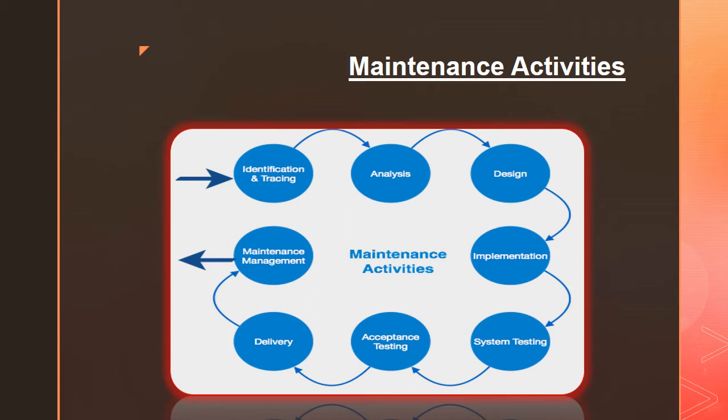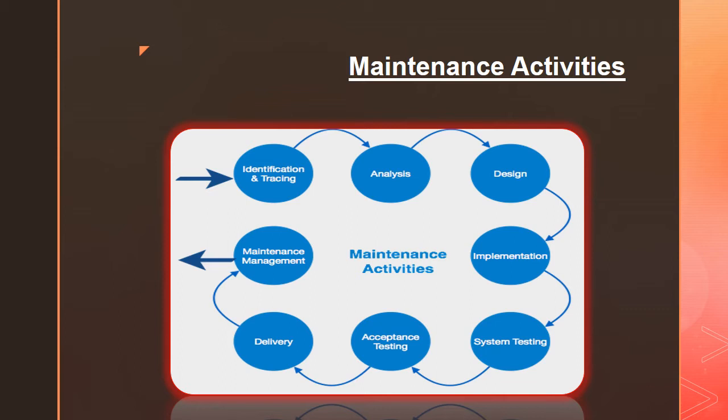Then the second phase, we have the analysis. In this, whatever modification we have identified, we analyze it in order to identify what will be the impact on this system if we do certain modifications, including the safety or the security implications. And if the impact is very severe, then we find some alternative solution to look into it. Like this, the cost of the modification, the time required, and the efforts that will be required in the maintenance, all these things are estimated and analyzed in this analysis phase.